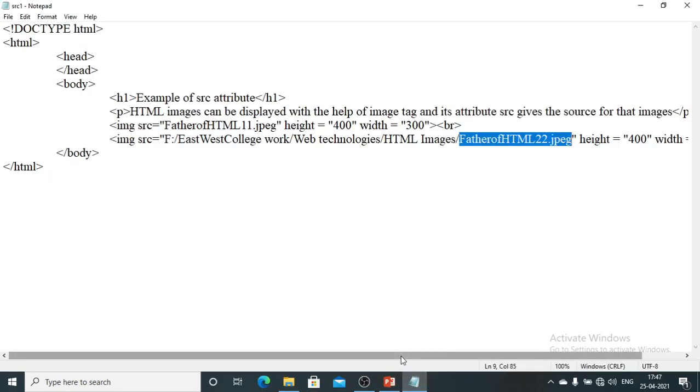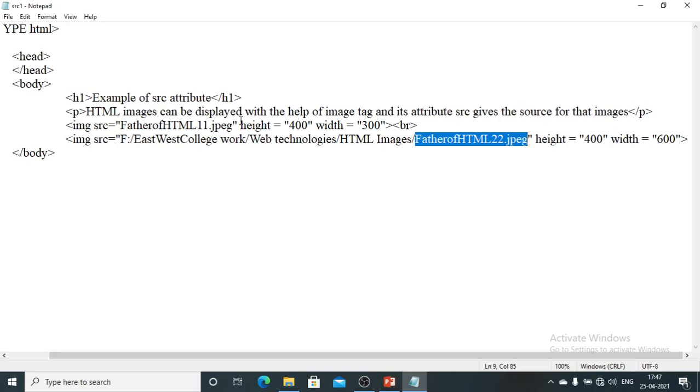Okay, right. For this I am putting in some more attributes and their values. Here I am trying to display the image with a particular height and width. Height I am giving as 400, and width as 300. For now I am going to remove this BR tag, as I don't want to display that in a different line. So here it has been noted as 400 height and 300 width for the file in the current directory. And for the file in the different directory, I am giving the height as the same 400, but the width as 600.